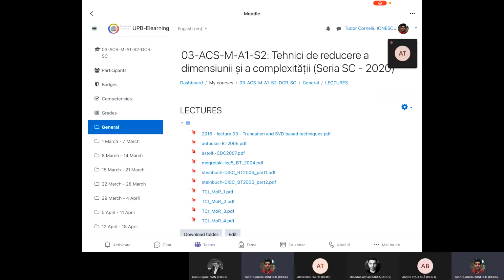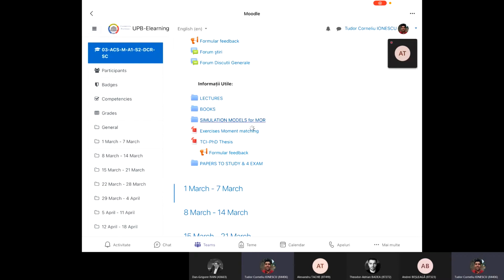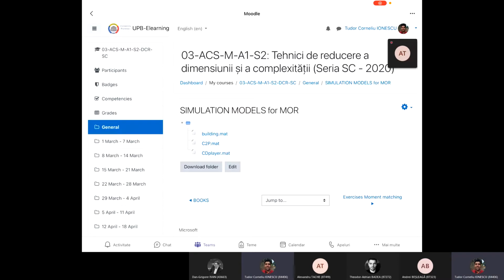You also have more stuff here. You've got simulation models. Here are the three simulations, the three examples we are going to study throughout this course. You've got a building model of dimension 50, or something close to 50, 48 probably. You have the CD player system, which is dimension 120. And you've got the card pendulum